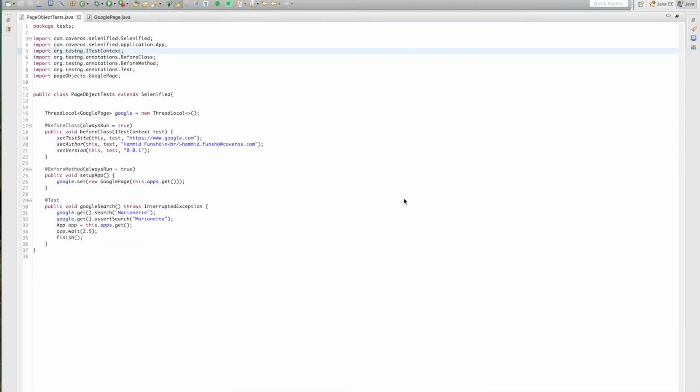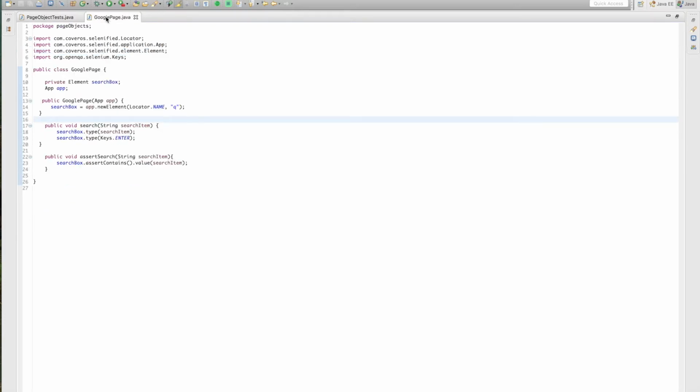So we'll see another example of this in this test. In this case, we're writing a test to perform a simple Google search for our chosen term. One of the first things I've done is to create a page object for this Google page, right? And we know that the Google page really only has one element, which is the search box. So what I've done is I've created an app object using the Google search box. In this case, we're finding that element by its name, and the name is Q, and this is the